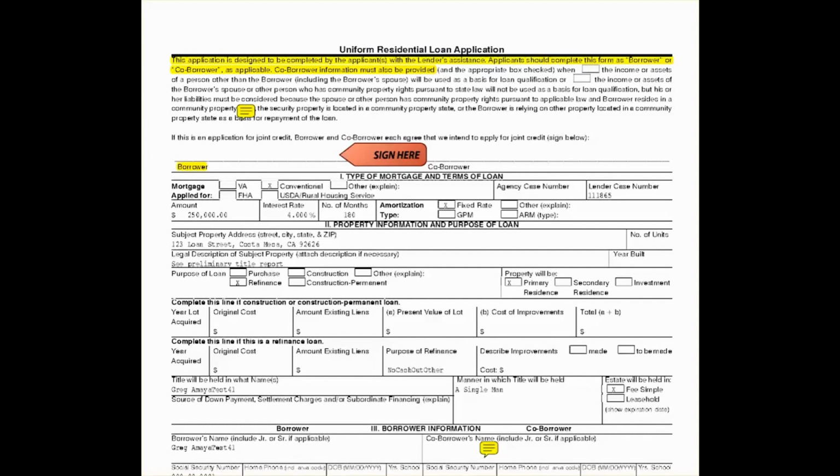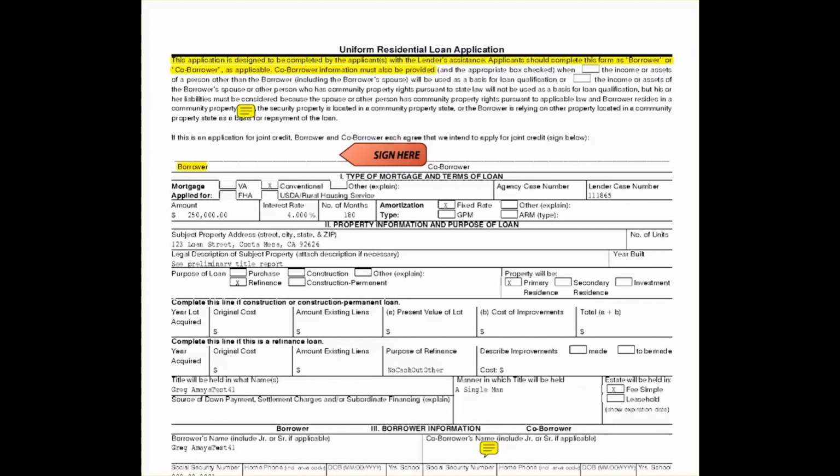Now, here's one problem. On some of these 1003s, they actually say that this is supposed to be completed or signed by more than one person if this is a joint application. So in other words, if more than one person is borrowing money on the property and they're both on the loan, then they are on the application, then they will both sign. But oftentimes you've only got one borrower. So in this case, you're still going to have them sign, and I'll tell you why, even though it says